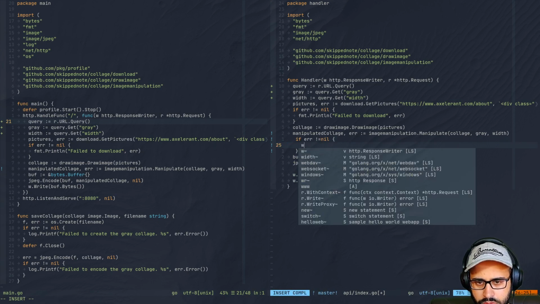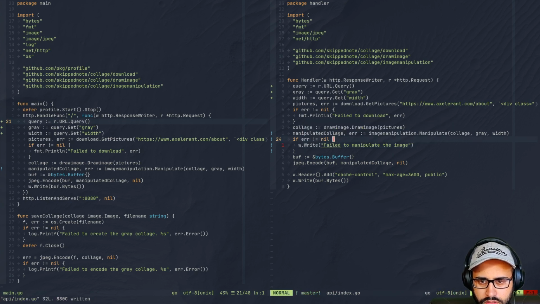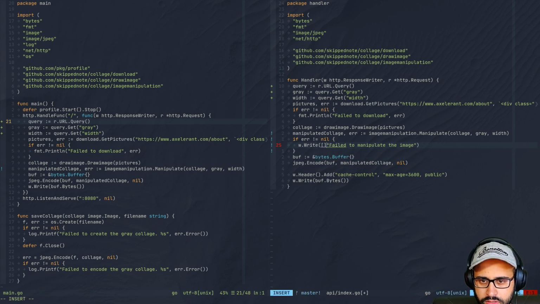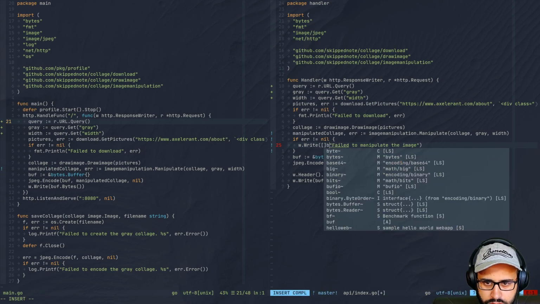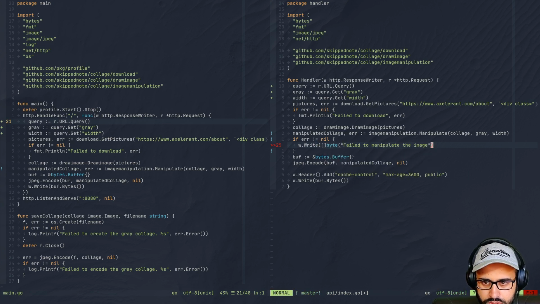Oh yeah, so we'll do w.write failed to manipulate the image, right? Why is failed throwing errors here? This is cannot convert failed to. Okay, yeah, this has to be a byte slice, so we'll convert this into a byte slice by just converting the string into a byte slice. This is fine. We'll just copy this error over here